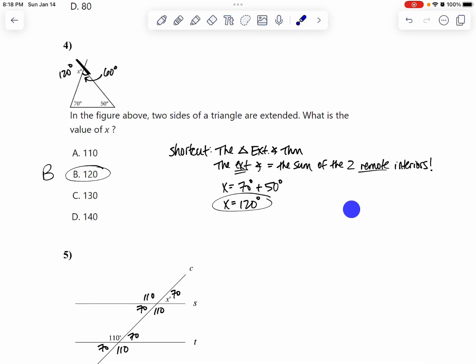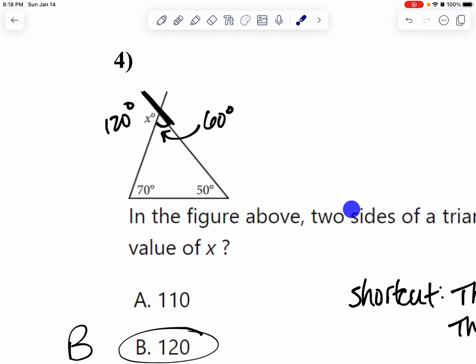Okay, we've got another triangle here, and I just, without even thinking about anything, noticed that we had two of the angles, the 70 and the 50, so therefore I subtracted from 180 and I got 60 right here. And I'm noticing that I have a straight line right here, and so if part of the straight angle is 60, then that means that the other part is 120, and that's how I got this angle right here. Look at this straight line. A straight line has 180 degrees in it. And if this right here is 60, I just do 180 minus 60, and I get 120